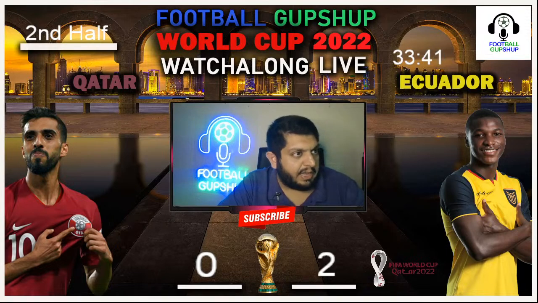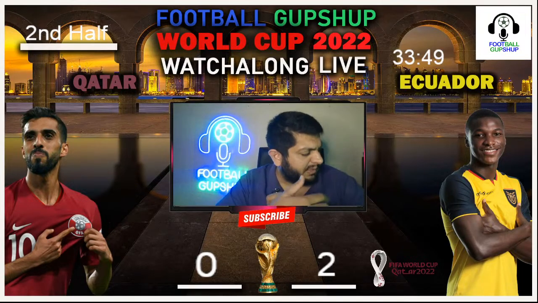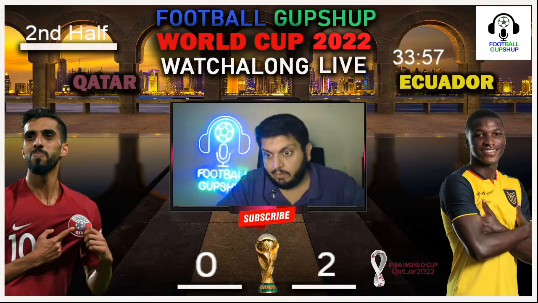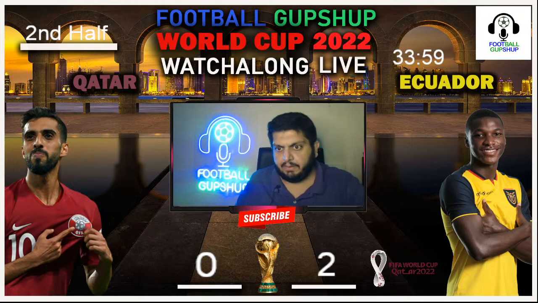And so far, I'm really liking this new VAR technology being put in this World Cup. You can see that the cameras are really catching those offsides quite clearly. And I think the refs have got something on their watch. As soon as that happens, they do get a warning system or something. And I think the technology has improved a lot. So let's see what is going to happen.